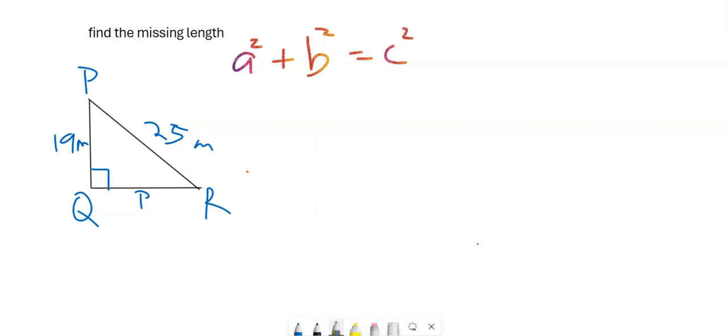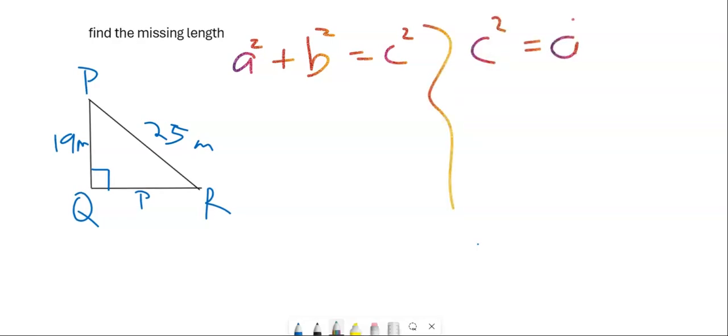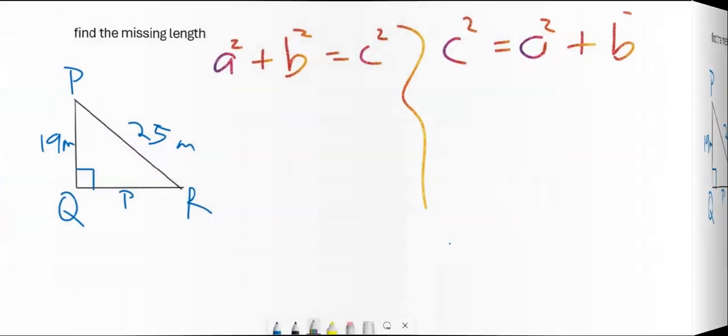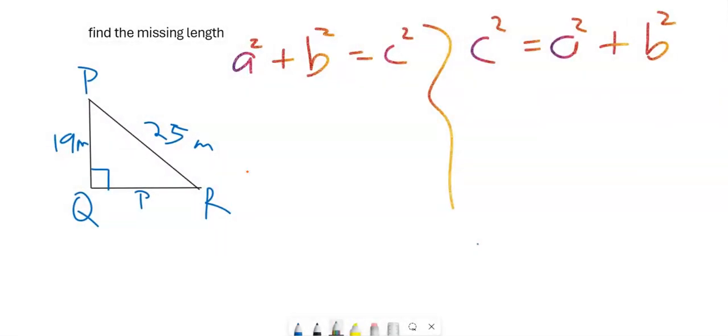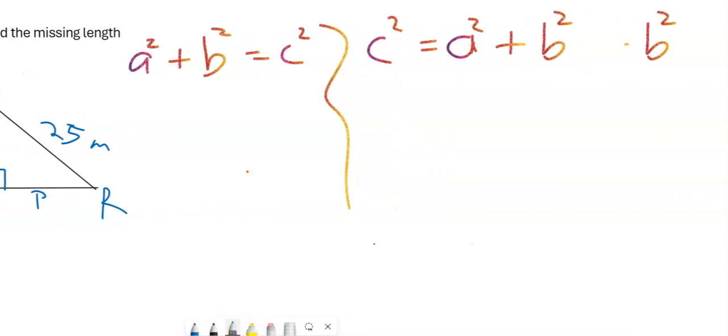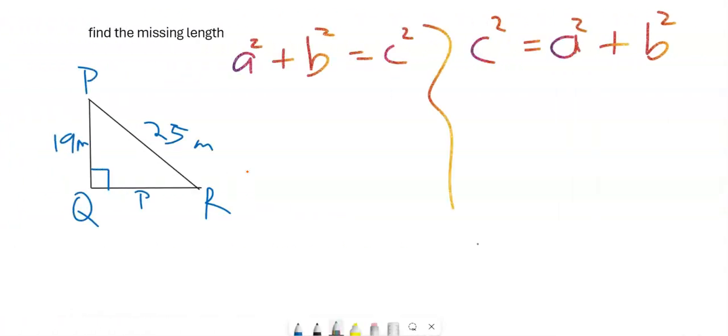And there are different variations of the formula. We could also write c squared equals a squared plus b squared. They are saying the same thing, right? And remember that the variable that is by itself is the variable that represents the hypotenuse, the longest side of